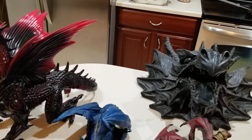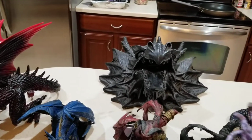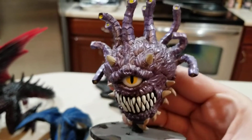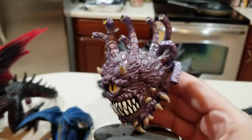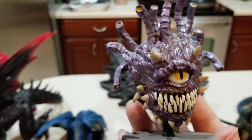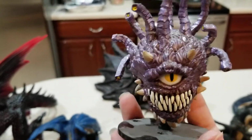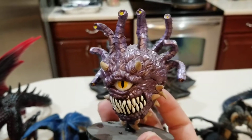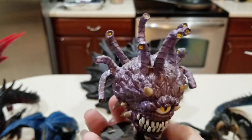And he's not a dragon, but I figured I'd bring him out anyway. If you've played Dungeons and Dragons for the last, I don't know, how long has that game been out? This is the 70s? I want to say like 45 years or something. Well, I think you know what he is. He is what's called a beholder. If you don't know anything about Dungeons and Dragons, we'll just say that this guy,